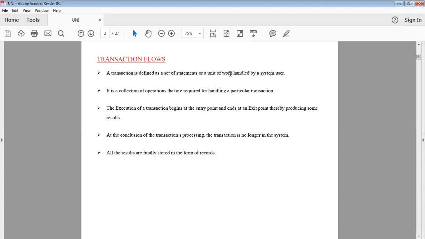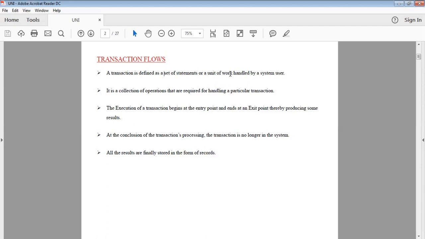Inserting the card is one operation, and selecting which operation to perform, withdrawal or balance checking, is another. When you go to withdrawal, it asks you to enter the PIN number followed by the amount. All these operations coming together are called a transaction.